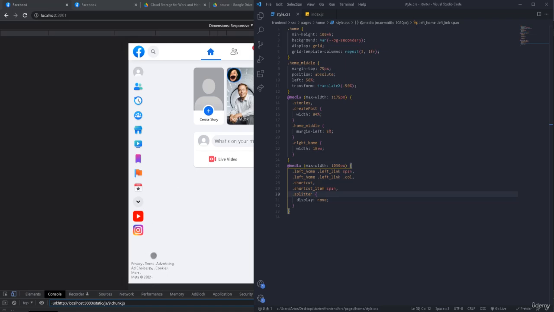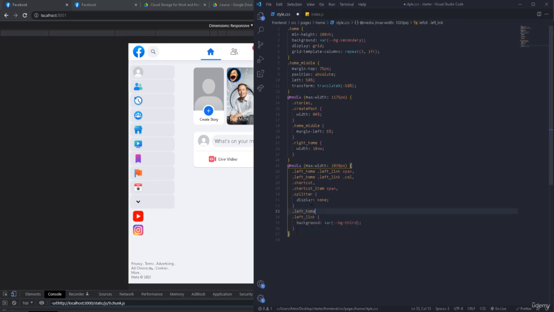So this is fine for now, and this is, I don't know what we're gonna do with this for now. So let's go to the left link and let's do some things on it. So the first one, the background, we're gonna change this. So the variable is gonna be bg third like this. Okay, as you see,